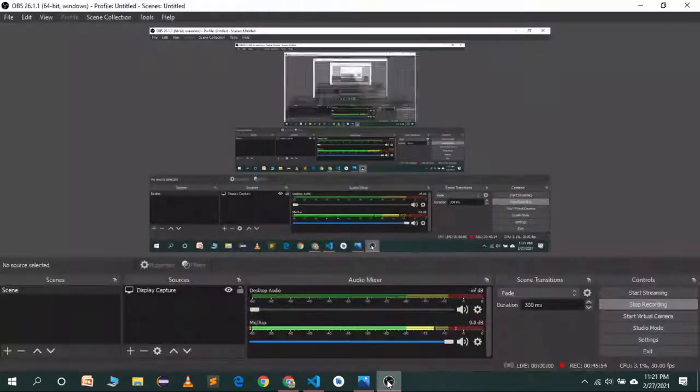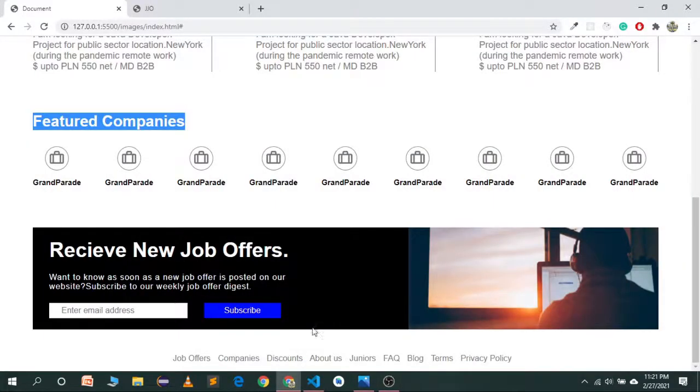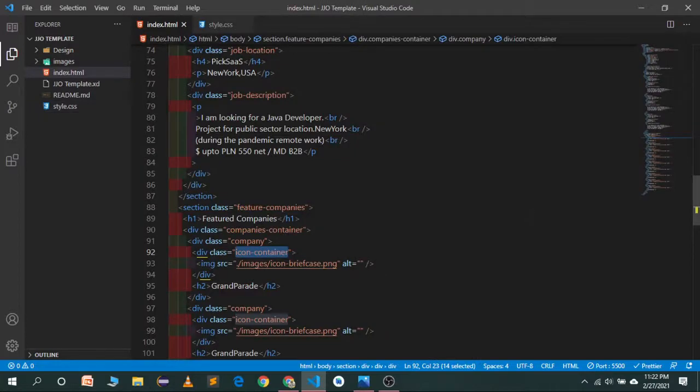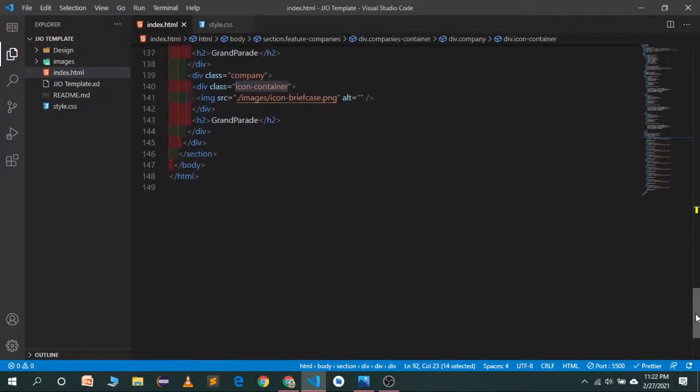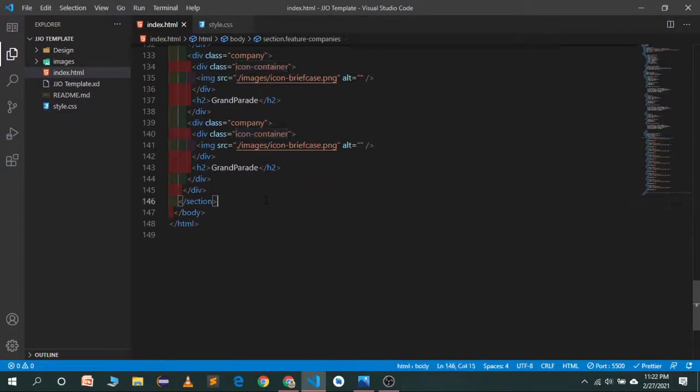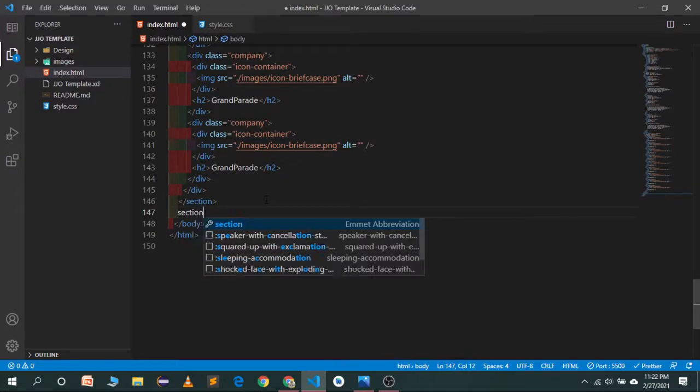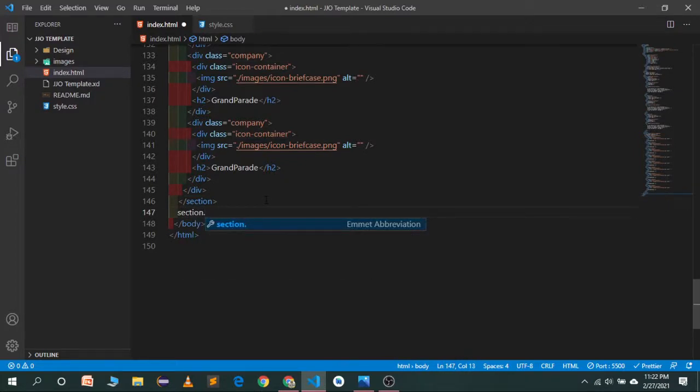So let's go to our code editor, and here we will create a newsletter section under this section. Create a new section with a class name of newsletter section, or we can also give it a call to action section, which will be CLT dash section.